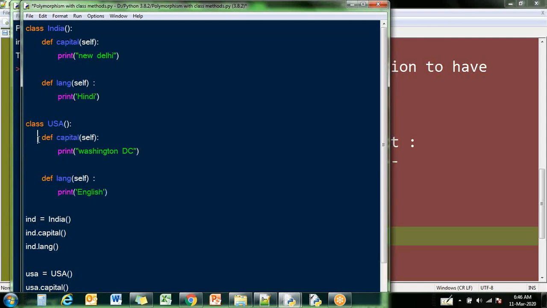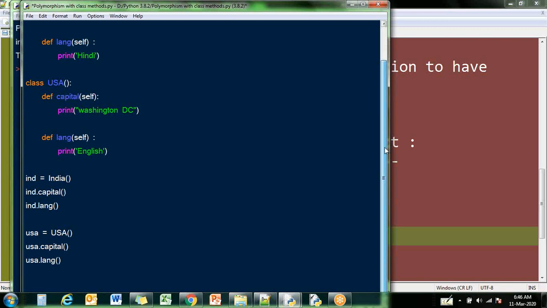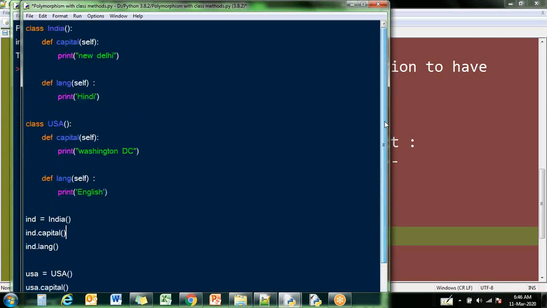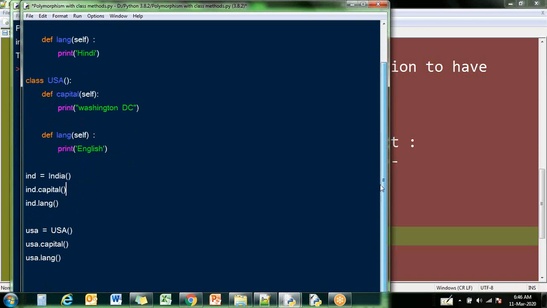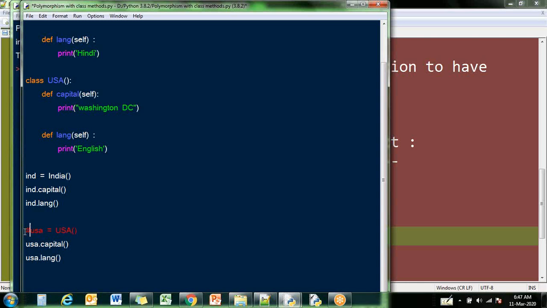But at the runtime, I am free to choose whatever method I want to call by passing the relevant object. Earlier, what example have we seen? We have seen it with the function, right? With one function, I passed one object, so that object's class methods were called at the runtime. But here there is no function, right? Here only classes. So I have to directly use the object references to call a particular method at the runtime. Suppose I choose the ind object here at the runtime,